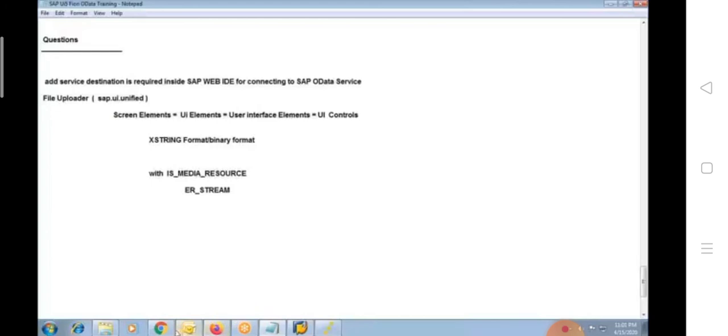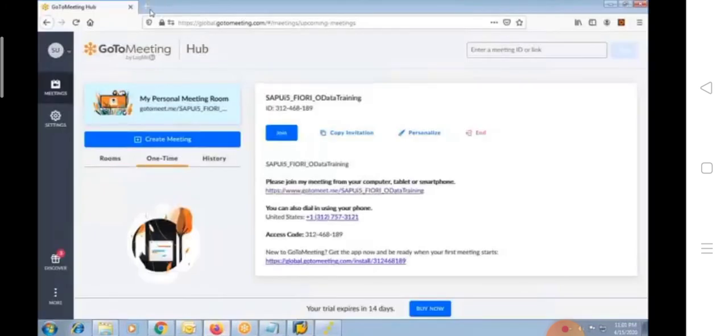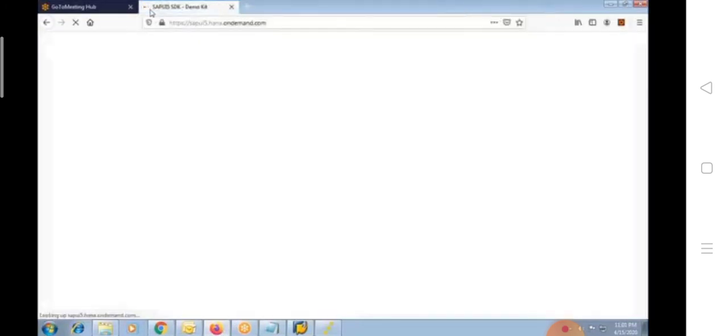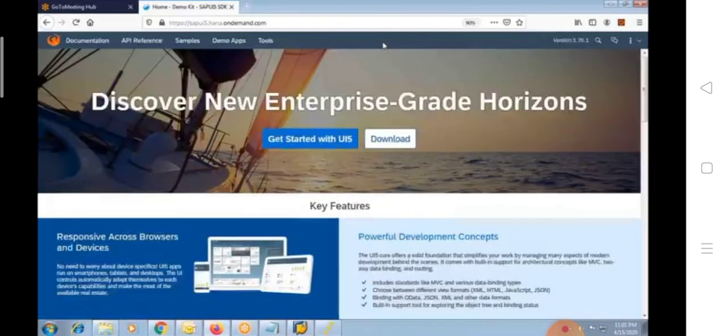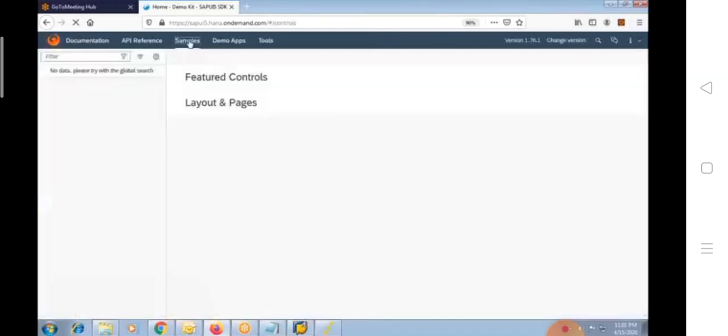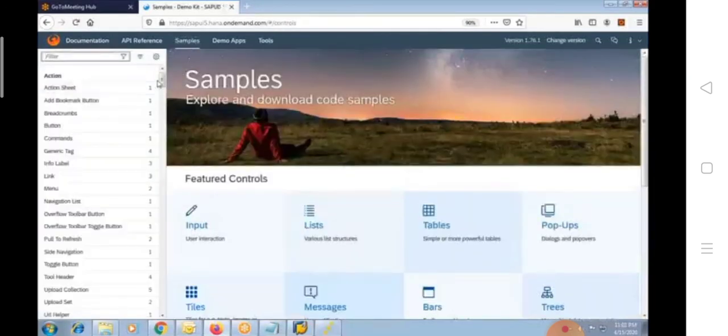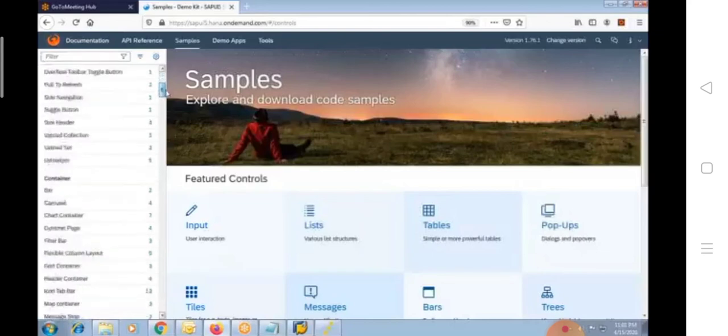So let me just show that here so that you may get some idea. Let me go to the SAP help documentation. So you can see, under SAP Fiori, these are various controls. I said there are more than 150 screen elements for screen designing in Fiori.